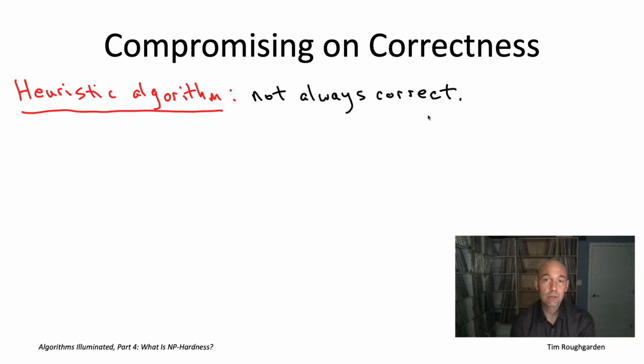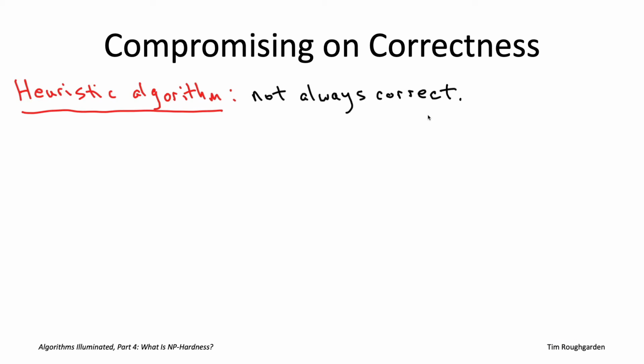Remember, a Bloom filter is a cousin of a hash table, which uses less space, but in exchange has a small rate of false positives. So that was an example of a data structure that didn't always give correct answers. I think this will be the first time we talk about algorithms that don't always give the correct answer. When you're designing heuristic algorithms, you're intentionally giving up on correctness, but of course, you'd like to give up on correctness as little as possible. You'd like a heuristic algorithm which is still approximately correct in some sense of the word.